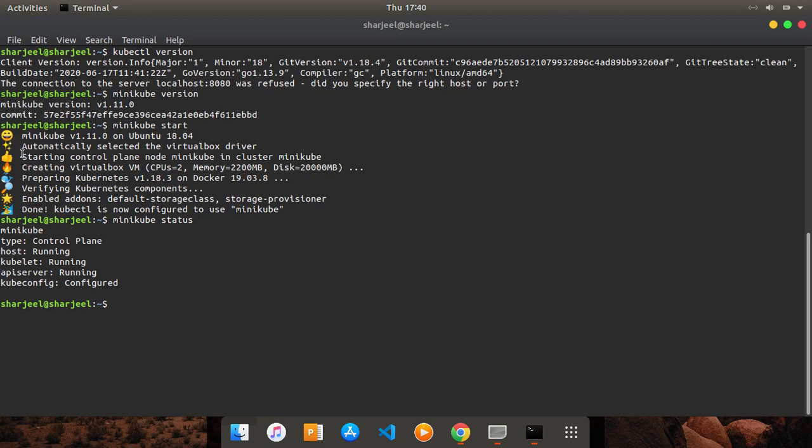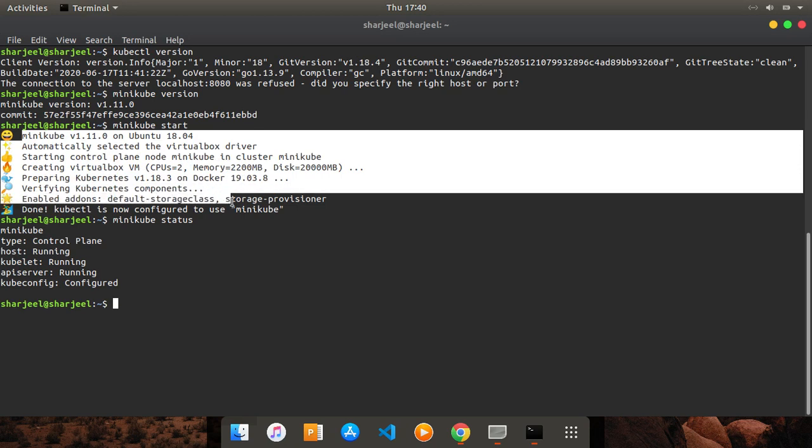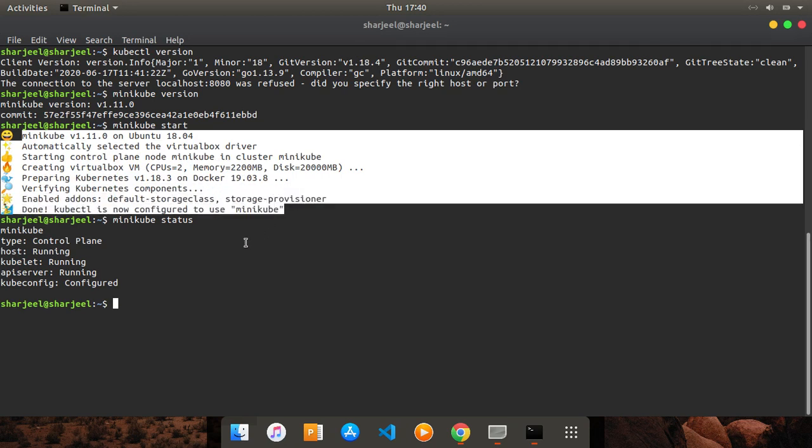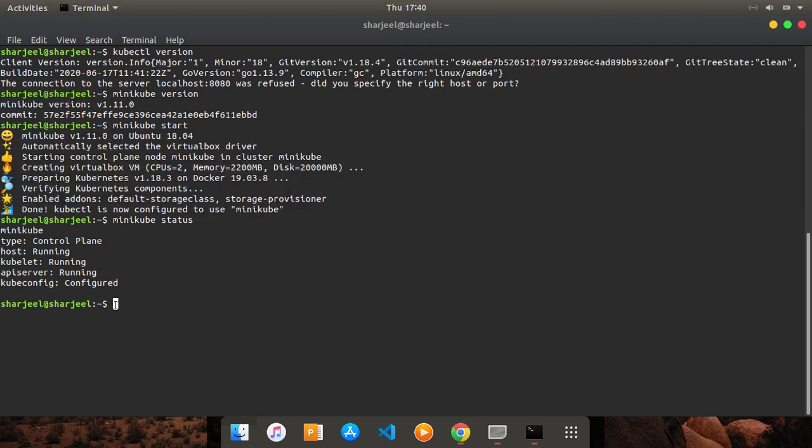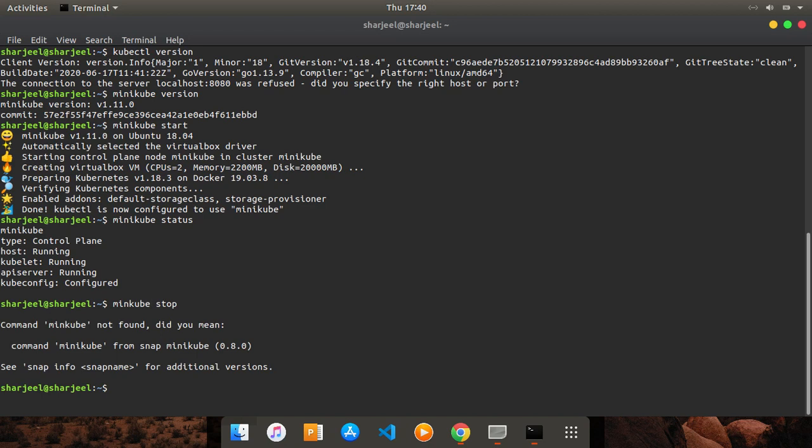Suppose you are getting any error here, what you can do is use a command which is minikube stop first. Okay, and after that, I just made a spelling mistake here.